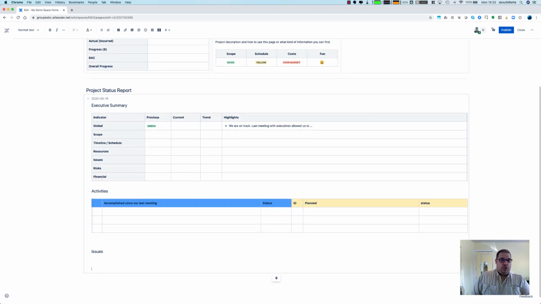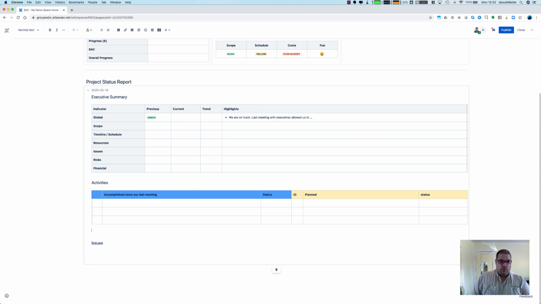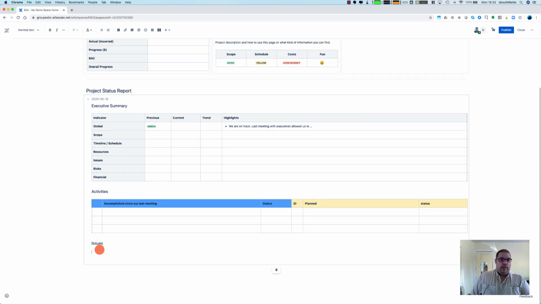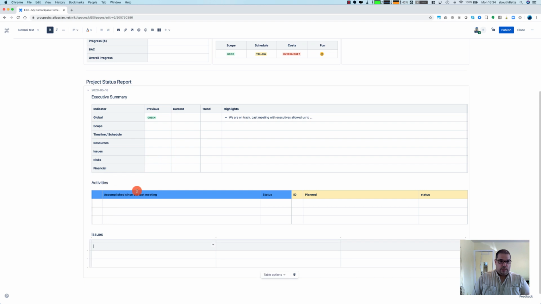Now, issues. This is, yes, a status report, but if there are any issues that we would like to discuss or address, this is usually the time to bring these things up. I mean, by that time, you probably have discussed the issues while you were going through the executive summaries, but having them listed is, I find, usually a good thing. So usually I have a category, which could be, let's say, organizational or communication, could be scope, could be schedule, issue,